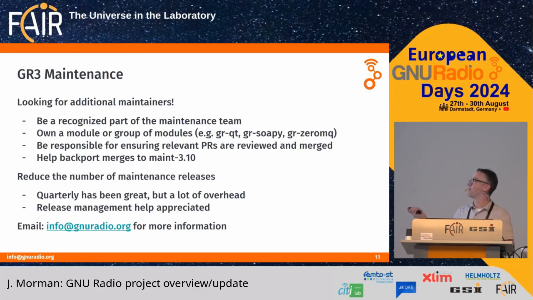The reality of the situation is we probably will reduce the number of maintenance releases, which have been coming about every quarter. We plan on bringing that down a little bit because the number of things that have been added and fixed over the last year has been slowing a bit, which is a good problem. Most of the things coming in right now have been focused on the new GRC Qt and getting it to feature parity with the traditional GRC. But any help, if anyone's interested in helping with release management, rolling out releases maybe 2-3 times a year instead of 4 times a year, would be greatly appreciated. So email us if you are interested in any capacity here.